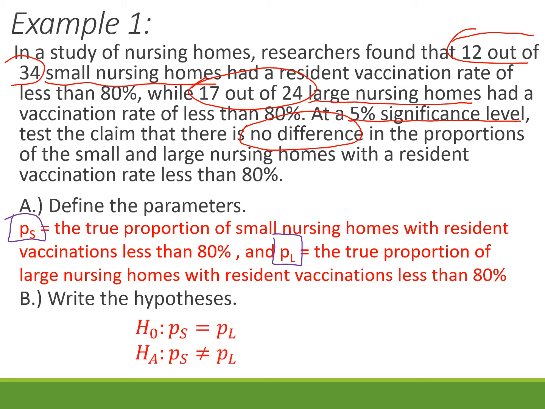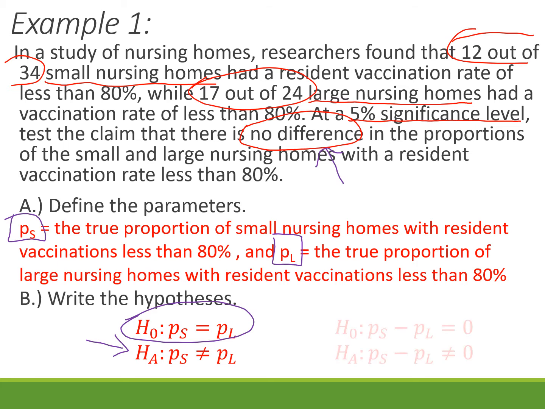Hypotheses. The null hypothesis is always that the 2 proportions are the same. Okay, it's never anything different than that for null hypothesis. Alternative can be a less than sign, a greater than sign, or not equal to. We're testing no difference, okay, which means that we're going to use a not equal to sign for our alternative